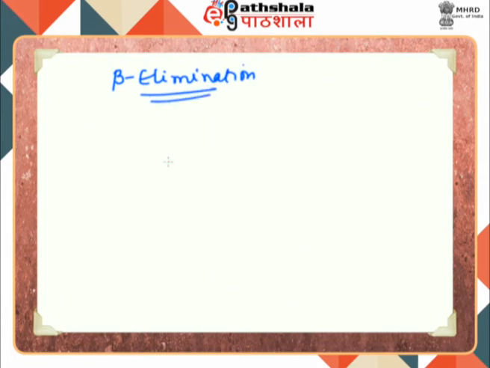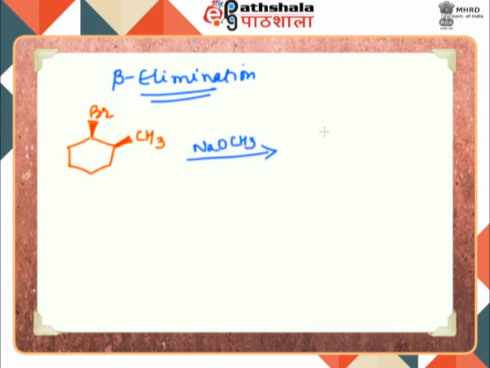Now, if you take this methyl substituted cyclohexane and there is a bromo which is positioned on the cis side of this methyl, and when this is reacted with a base which is NaOCH3, the product that we obtain is this methyl cyclohexene, and there is a very minor composition of this,